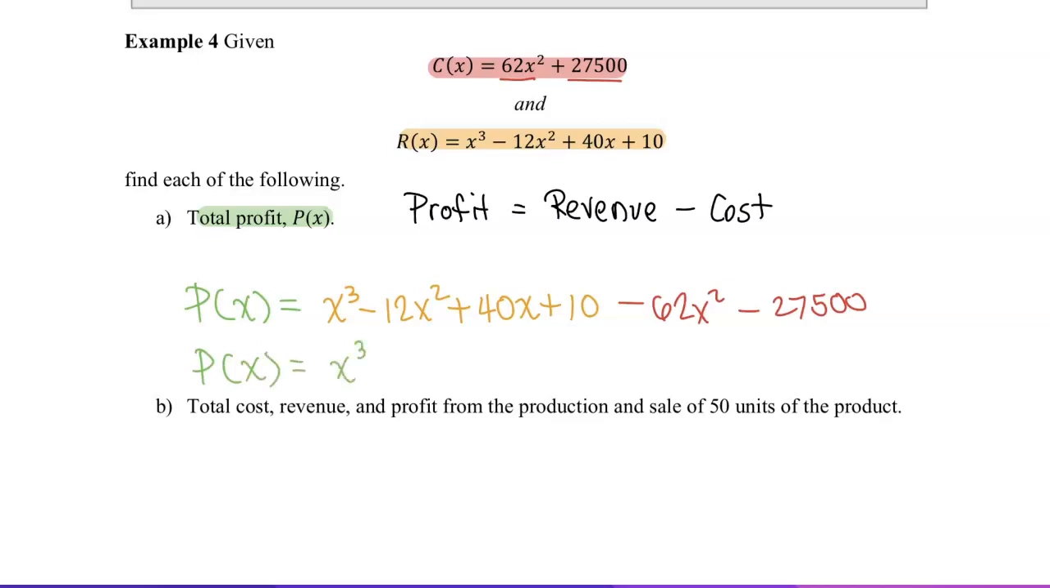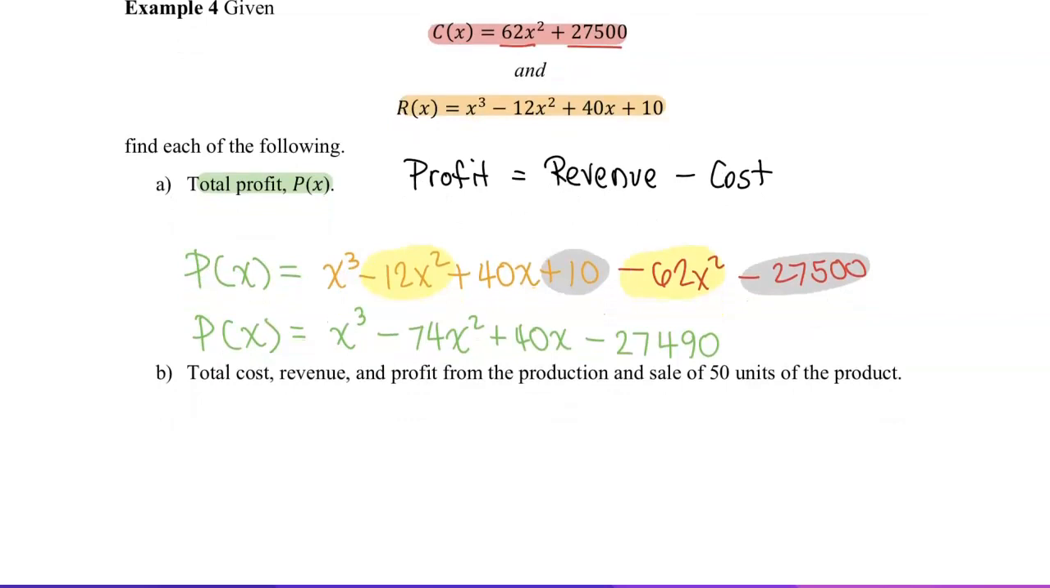So we got x cubed right here. Any x like terms for these two, yeah? So if I combine those two yellow highlighted like terms, I will get minus 74x squared. Plus 40x, we don't have any like terms, but I see that these two numbers can be combined and give me minus 27,490. Okay, so we got the total profit function, and part B is asking us to find the total cost,